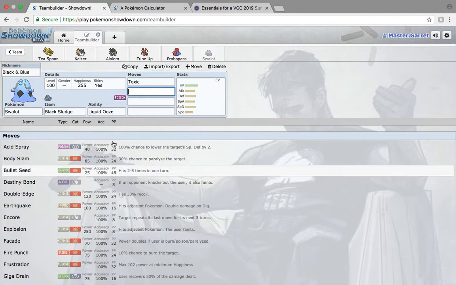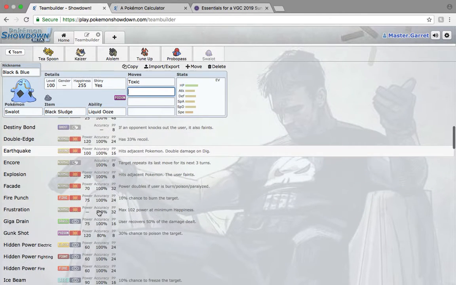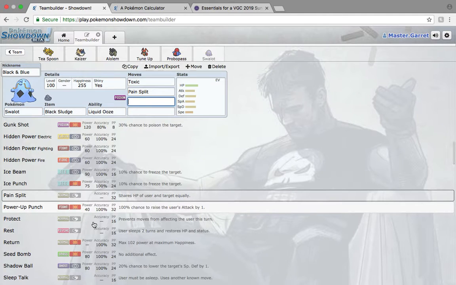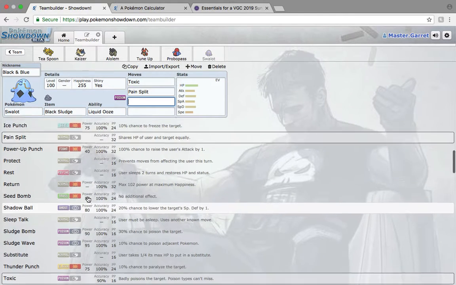Okay, so I was going to try and come up with some way to take advantage of Gluttony, but it wasn't really going to happen unless I get Recycle, which would help me a lot, but it won't. I can give you Pain Split. Pain Split is actually not bad. It's not a very reliable form of recovery, but I think it'll help us when we need it the most. So there you go: Pain Split, Toxic. Maybe we should run